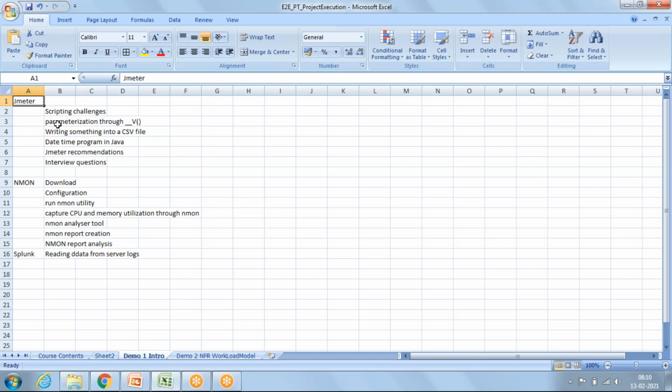And with the requirement gathering phase, once we have had a walkthrough on application functionality, just after that we will see what kind of logs and what kind of understanding we will get through the Splunk dashboard. So this is what we'll be covering from the tools point of view.